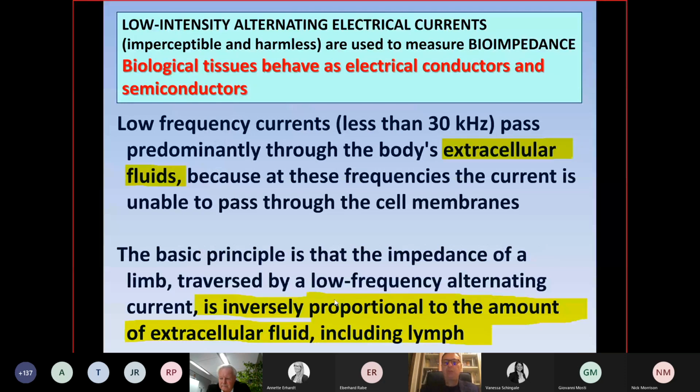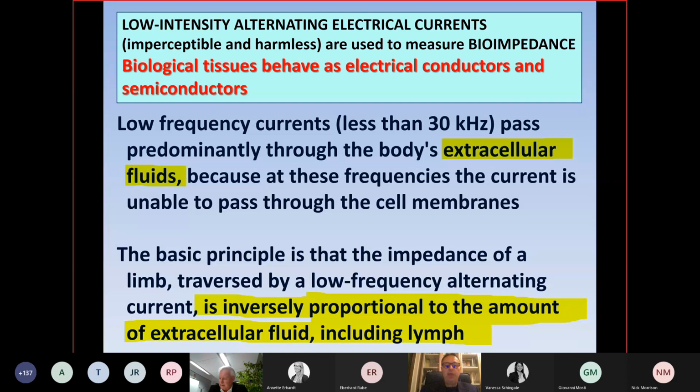Well, everybody knows about bioimpedance in the body, let's say, for nephropathic patients, for example, or for nutrition reasons. But with the low intensity alternating electrical current, we may investigate the tissues because they are a kind of conductors and semiconductors which, when electricity passes through them, they respond, and we can investigate at the end of the day the extracellular fluids, the